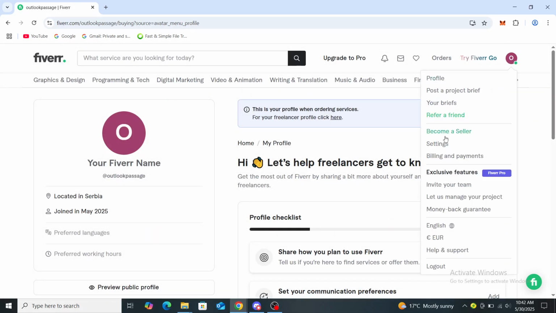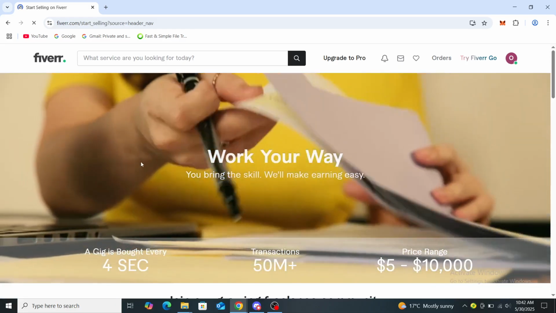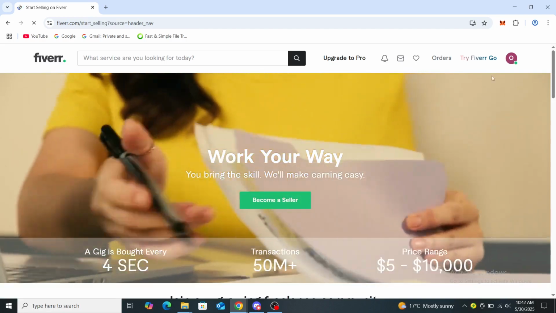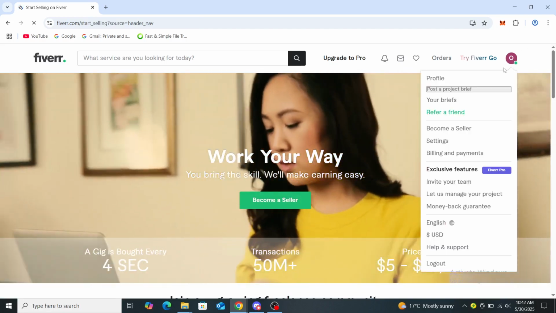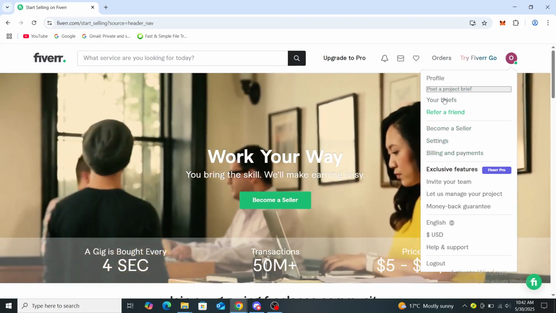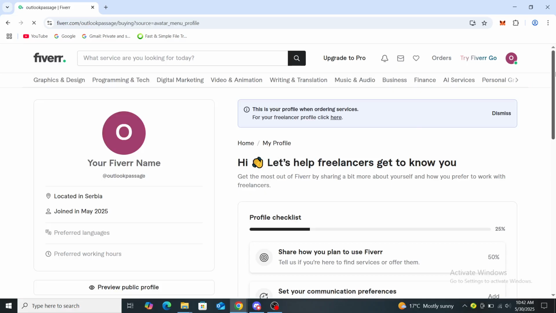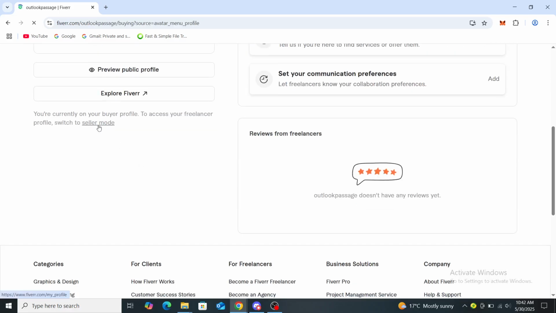Now through the seller page, you can go to the seller portfolio. So you can see here it's going to look something a bit different. And you can see here post a project brief, your briefs, and so on. So if you find it on there and try to set up your seller profile,